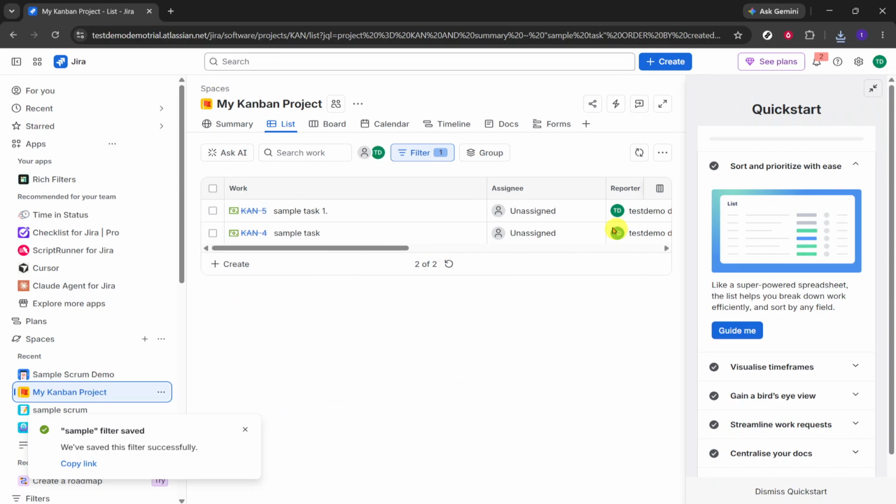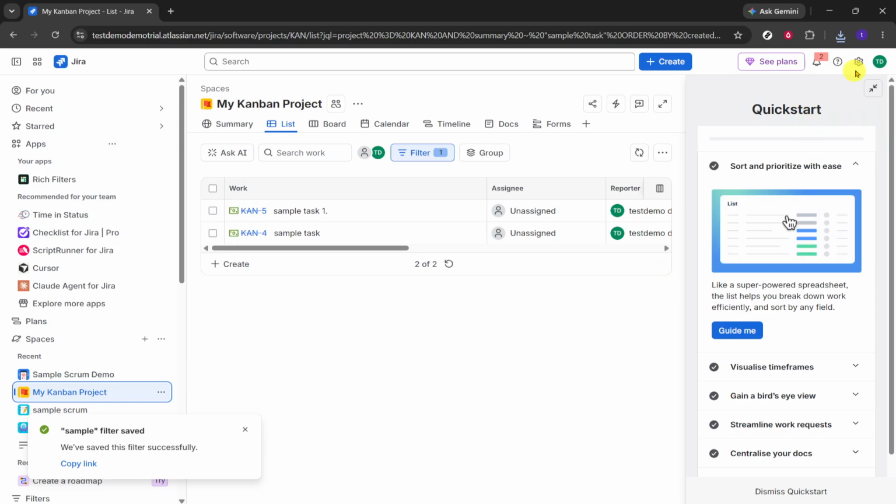This is a good starting point because it gives you access to the main Jira workspace before moving into the administrative settings. If your screen looks slightly different, that is normal, since layouts can vary a little depending on your account setup and permissions. Once you are in Jira, look to the top right corner of the screen and click